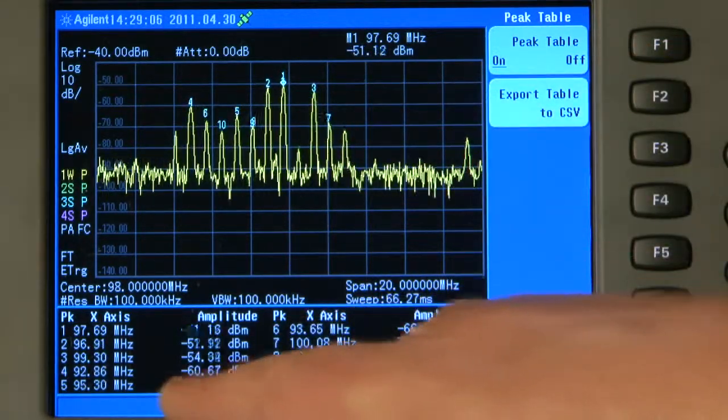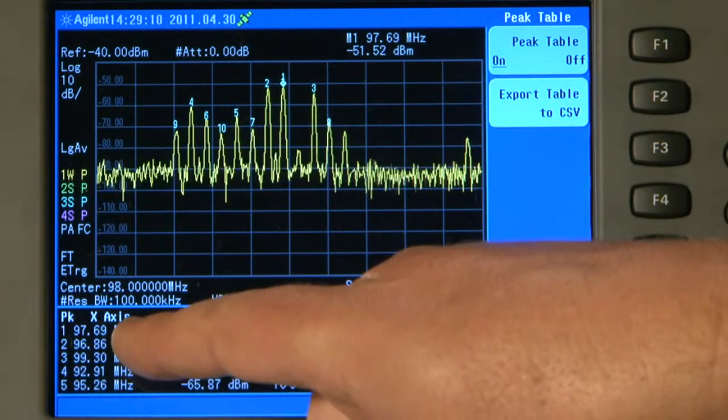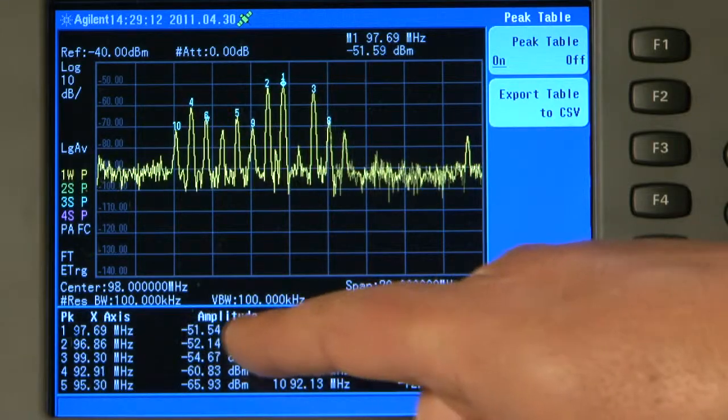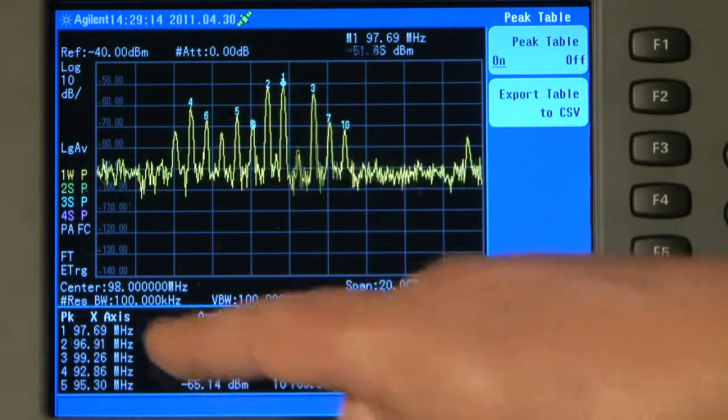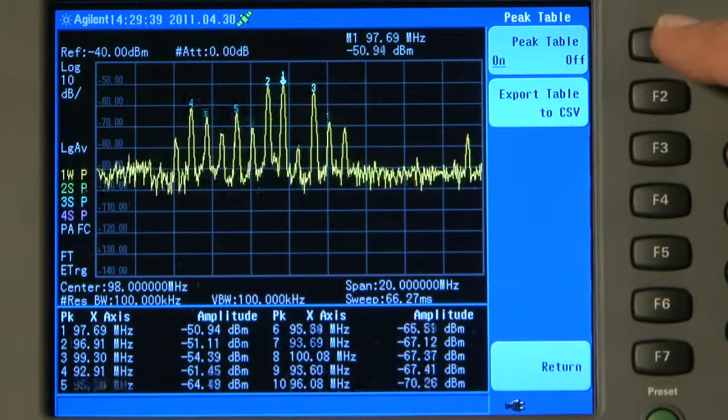And at the bottom of the display you can see a table showing that marker 1 is at 97.7 MHz and the amplitude level is -51 dBm, and you can see those frequency and amplitude values for all of the 10 markers, and they're all being updated in real time. But let me turn the peak table off,